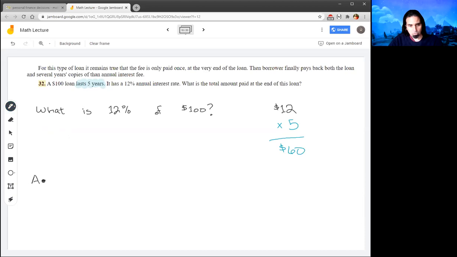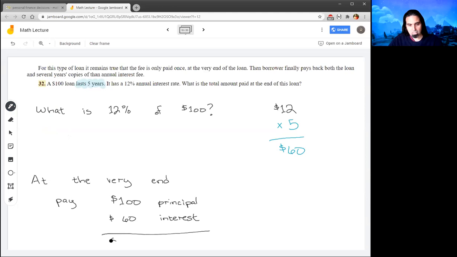So at the end of all 5 years, the person will have to pay first the 100 for the principal, also the 60 for the 5 years interest, and get